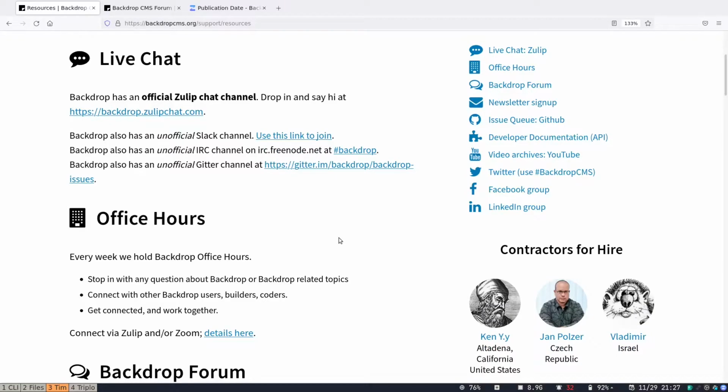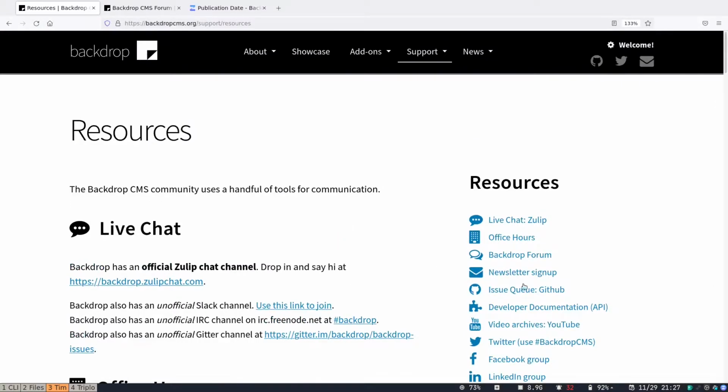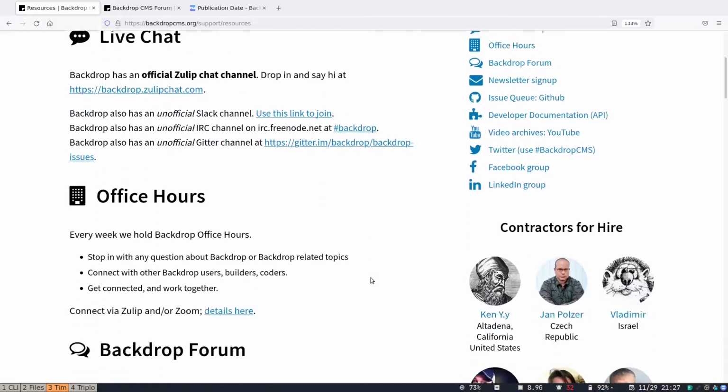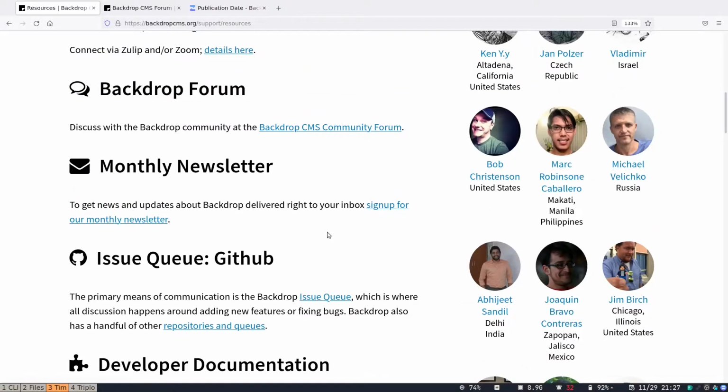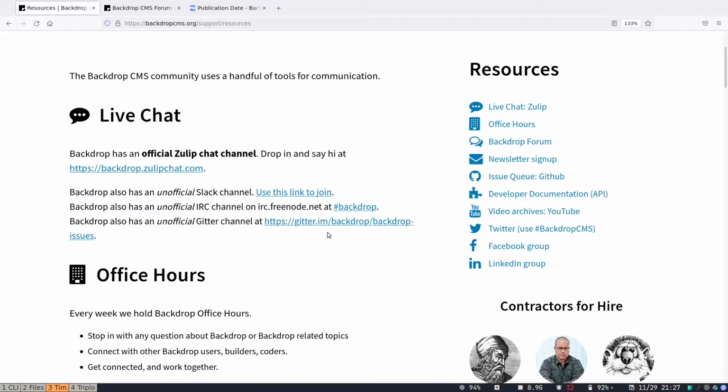And if you don't remember where it is you need to get to, you can always come here and find a whole bunch of links and useful resources, for example, the list of all the repositories and issue queues, which we'll talk about in a little bit. I use this page all the time when I get lost in the Backdrop community,